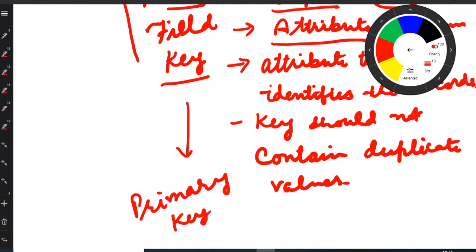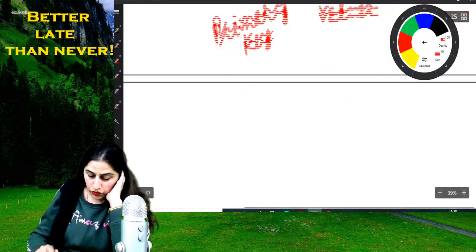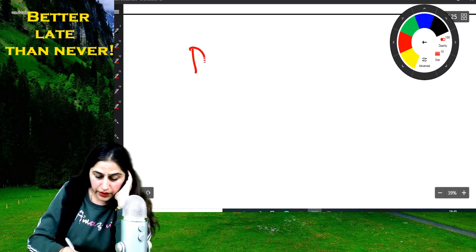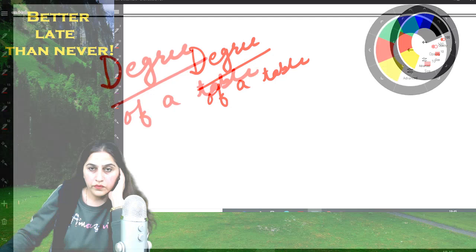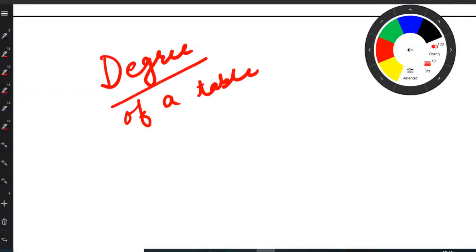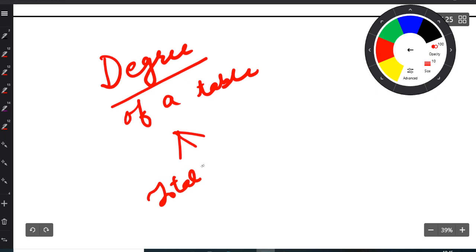Next is, what is degree of a table. Degree of a table means total number of attributes.